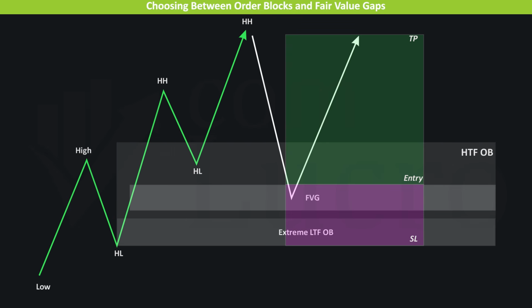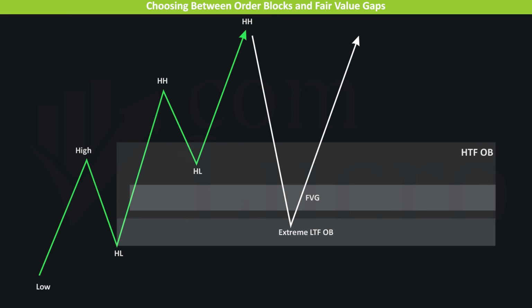The trade-off is that this creates a wider stop loss, and that naturally reduces the reward to risk ratio of the setup. Placing a tighter stop loss just below the lowest point of the fair value gap is also possible. The challenge with this option is that it exposes the trade to greater risk. The extreme order block sitting below the fair value gap may still attract price, pushing the market downward and triggering the stop loss. So even though a tighter stop may look attractive, it is important to weigh the additional risk